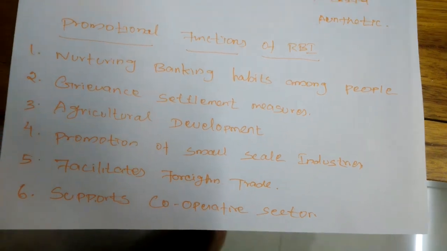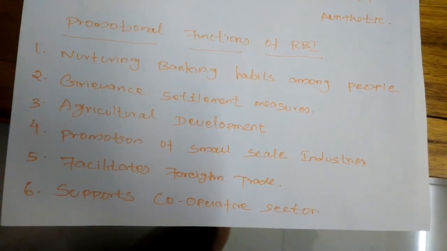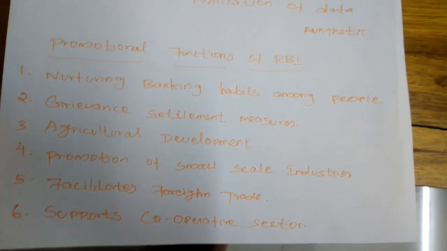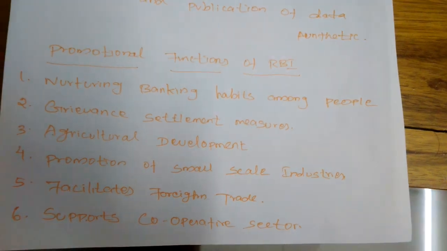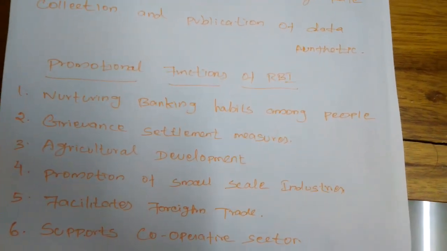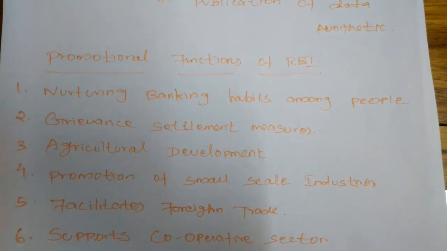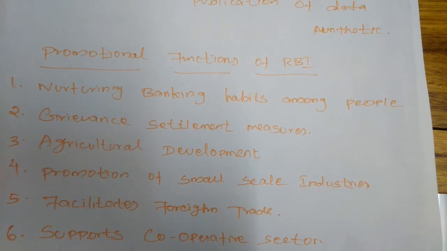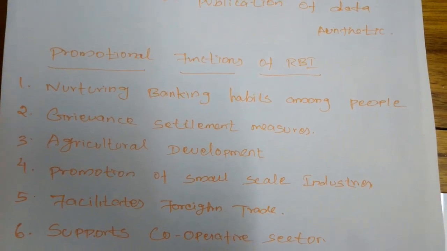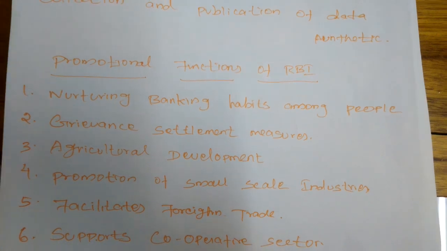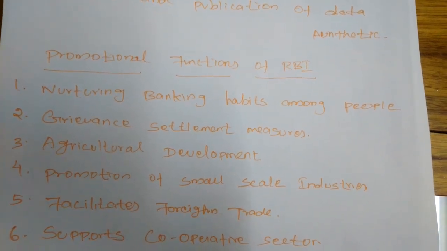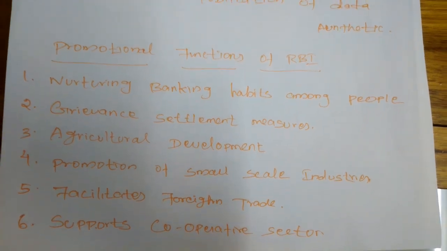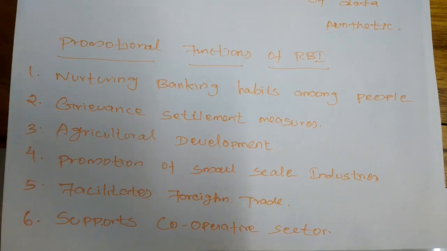Next, agricultural development. The agricultural industry is specified as a priority sector by the RBI. Even though our nation gives more importance to the industrial sector, the agricultural sector also has to be focused on. So on behalf of the government, the Reserve Bank of India provides many facilities, concessions and subsidies to agriculture and the farmers. They are introducing many services and facilities to the farmers and the agricultural sector.